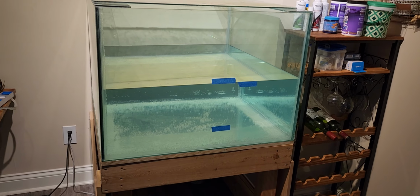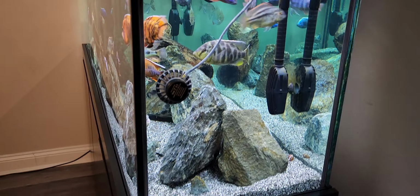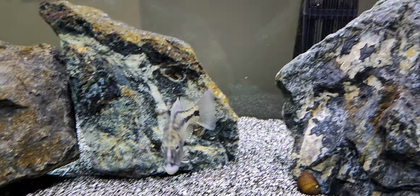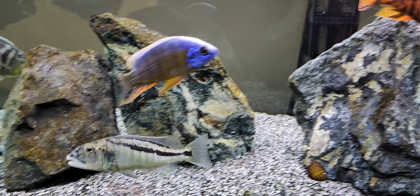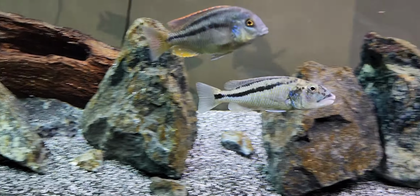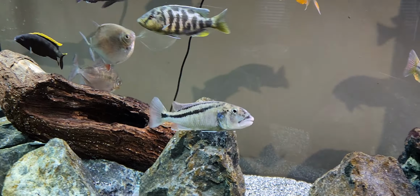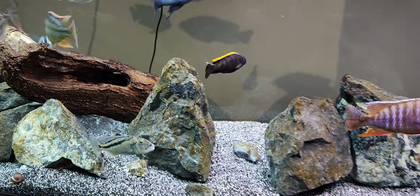Now let's go to the big boy tank real quick. Everybody in here doing really well. Again, if you guys haven't seen the unboxing video from Cichlid's, go check it out. Here's one of our new boys, this nice beautiful Malawi hawk right here. It's got a little bit of sheen and a little bit of color right now. Obviously was not expecting him at the size that I was getting him to have full color right now, but he's definitely showing some signs that he's going to start coloring up. These guys do take a little while because they do tend to be on the larger side, right around maybe a foot perhaps,